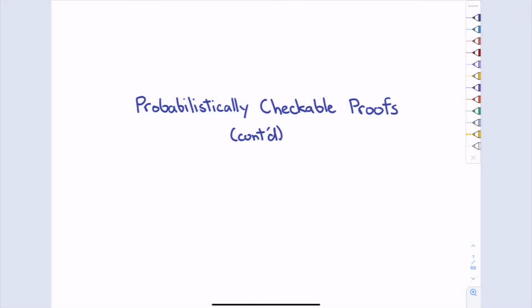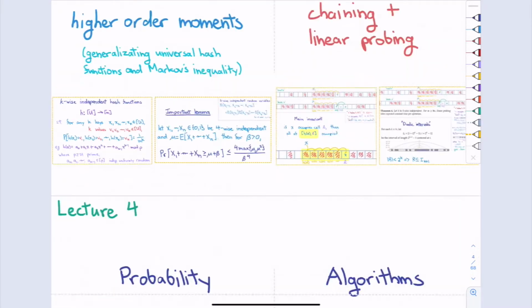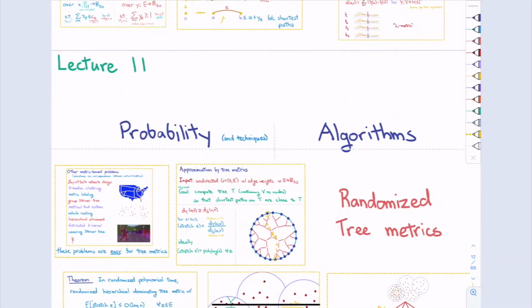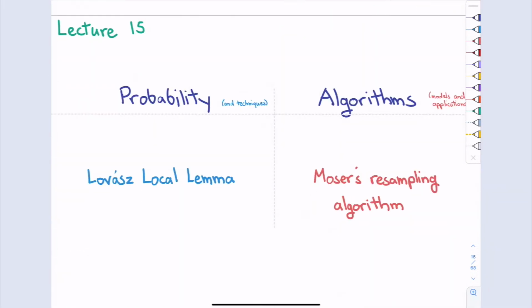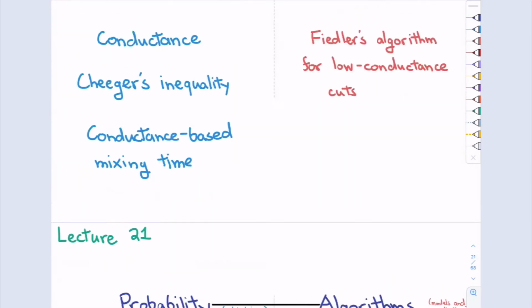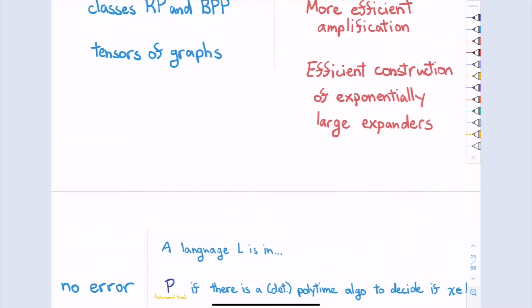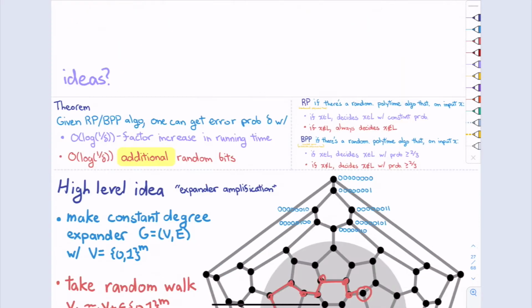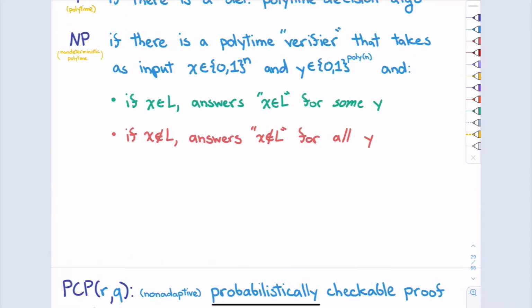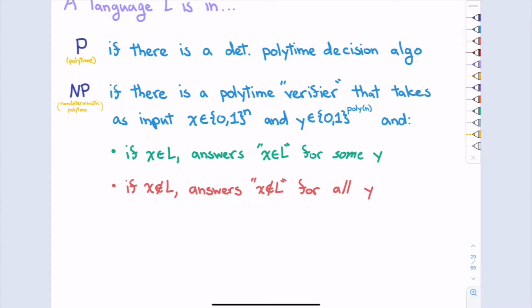All right, today's part 2, last part of probabilistically checkable proofs. So I know that was an eternity ago, so let me remind you what the high-level ideas were. So, wow, we did a lot, haven't we? Okay, so we know the difference between P and NP. P means there's polynomial time algorithms, NP means that you can verify a solution in polynomial time.